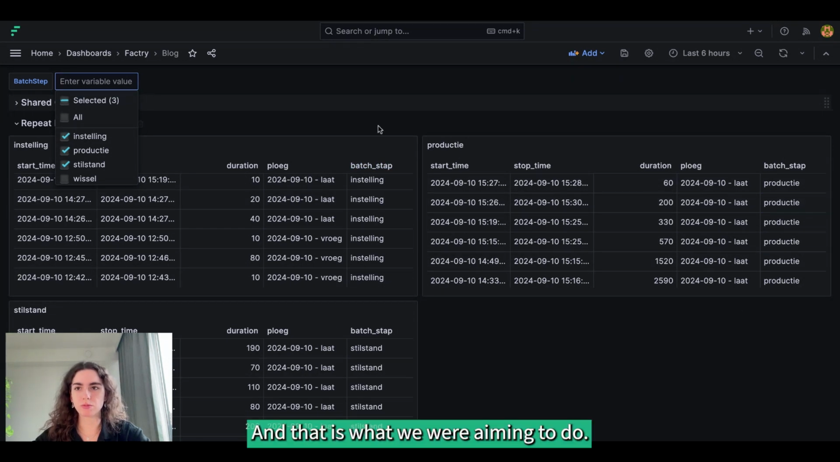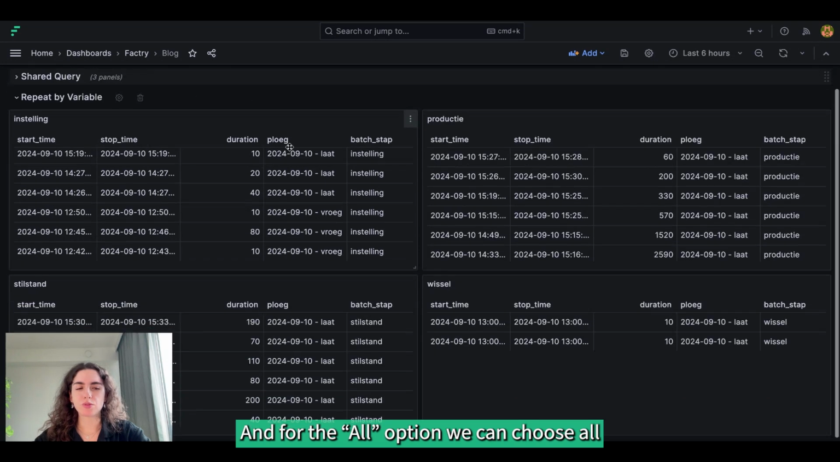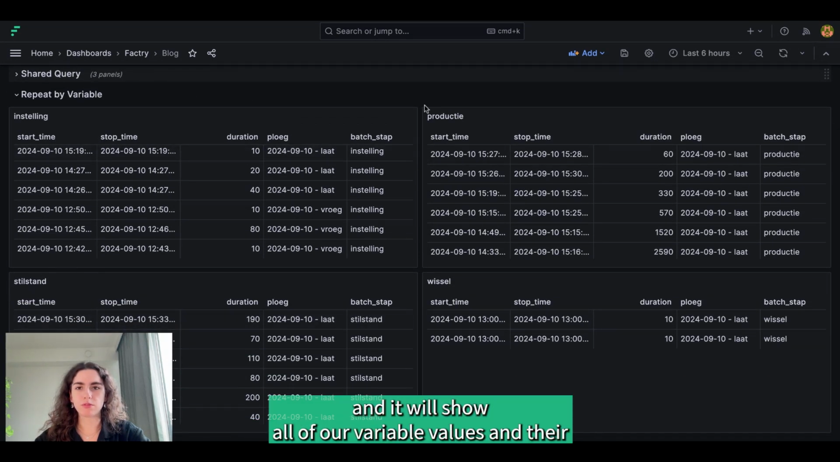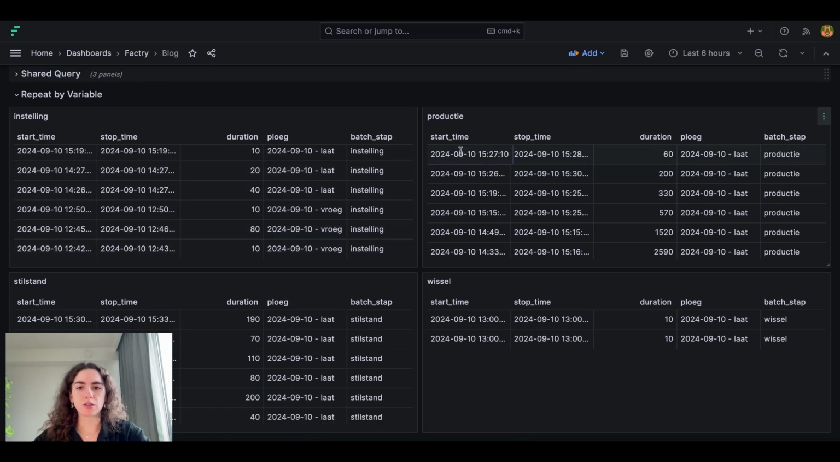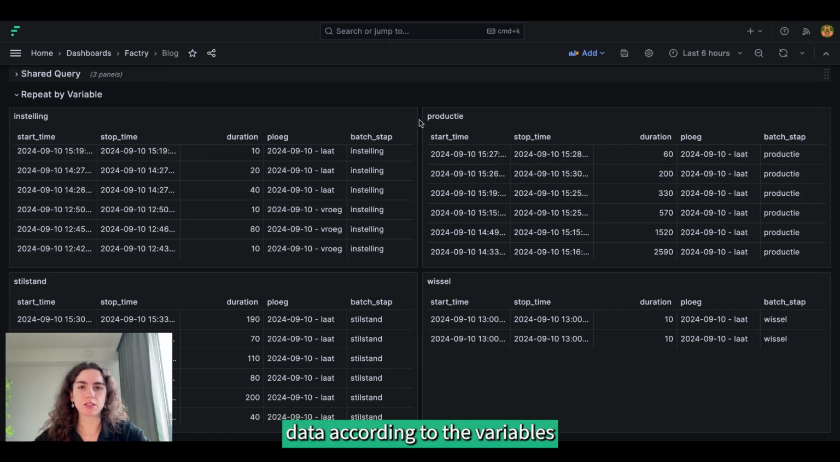and that is what we were aiming to do. And for the all option, we can choose all, and it will show all of our variable values and their data according to the variables at once, without needing to choose